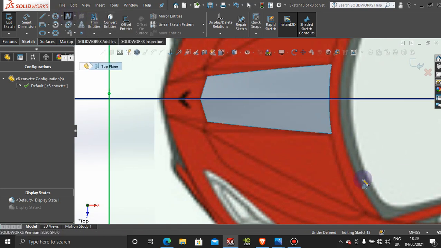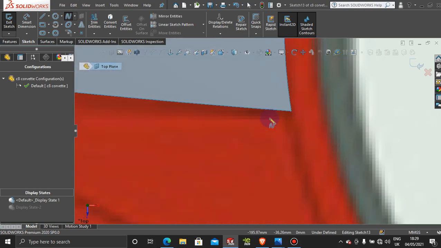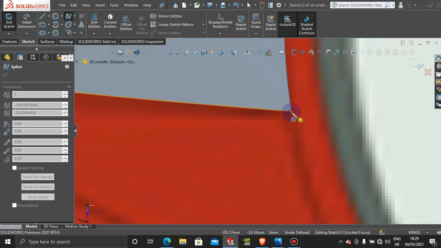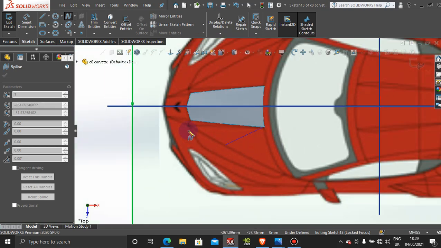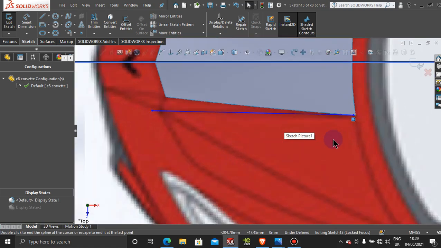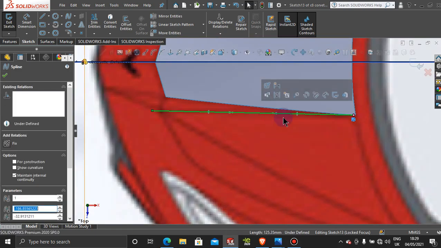So let's grab a spline here, and then we're going to grab the spline from this edge here, and as you can see, I'm not adding the spline to the corner because I will pull it up, and then pull it out all the way to about here, a little bit over, just a tiny bit over. Yeah, like that. Exit that sketch, and then we're going to add a little bit of curvature to it,